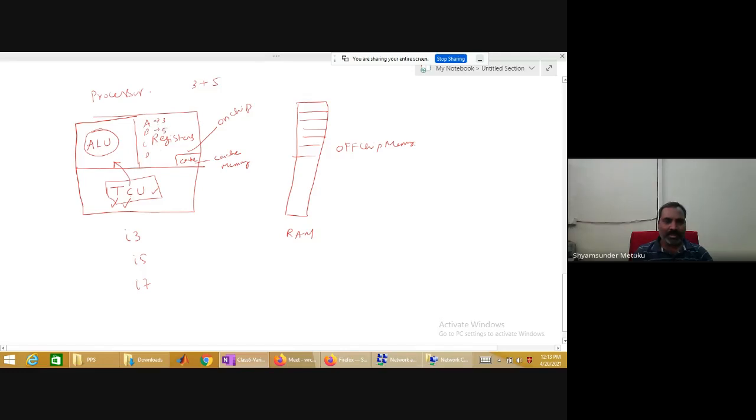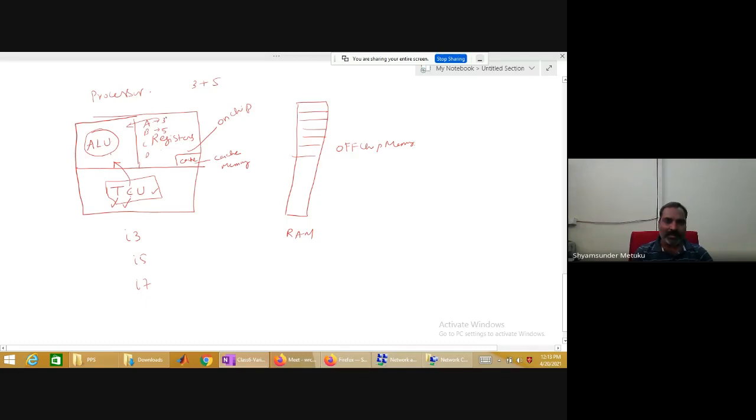Then this 3 will be taken into the ALU. And first 3 must be taken. That will be indicated by the control unit. First 3 plus 5 must be added. That information will be given by the timing signal. So timing and control signals are given to the ALU. Based on this information, it will take the data from the registers. Then A and B, once data is taken, it will perform the addition 3 plus 5. Then 8 can be stored back into any one of the registers, either A or B or C and D.